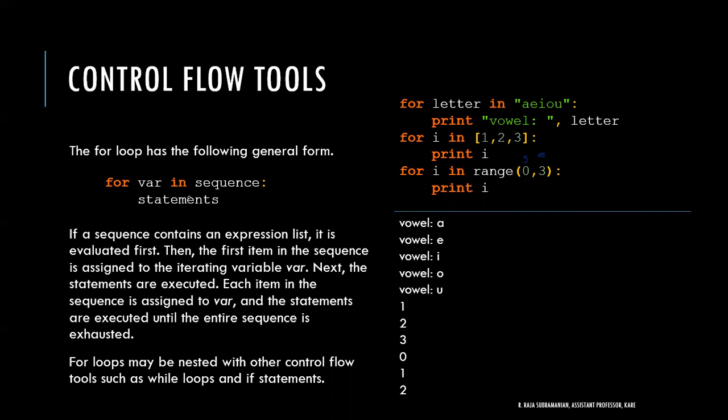Here, if you see, I am writing for with the variable in a sequence and giving a colon. All control flow statements should be written with the ending given as a colon. The end should be given as colon, right? Next, the subsequent statements should be written with a tab space, meaning that the set of statements will be within this